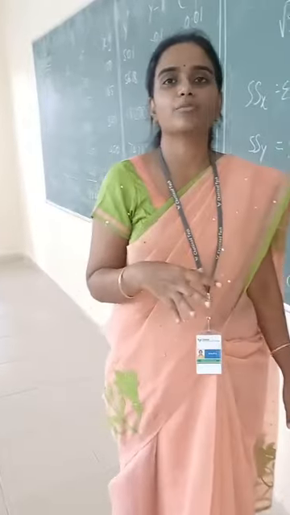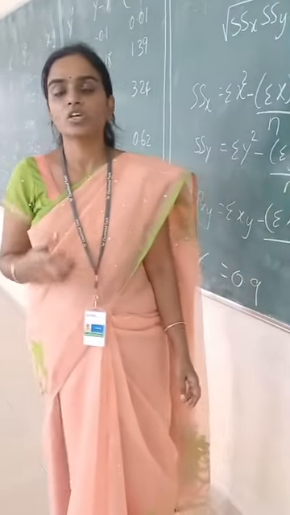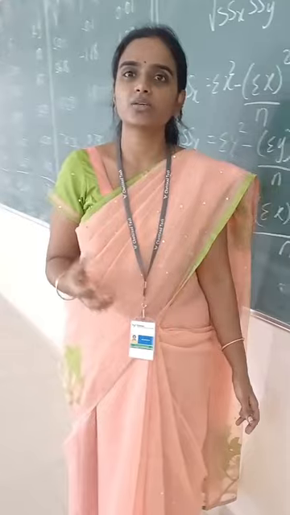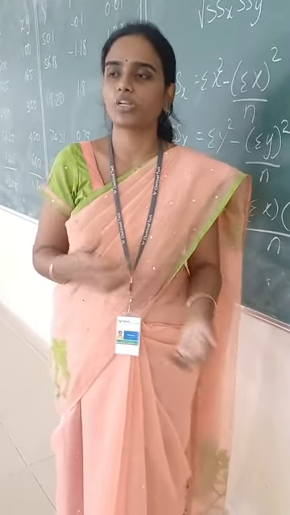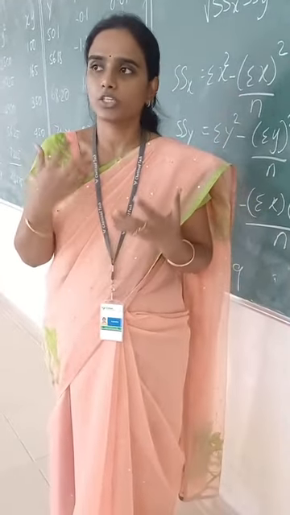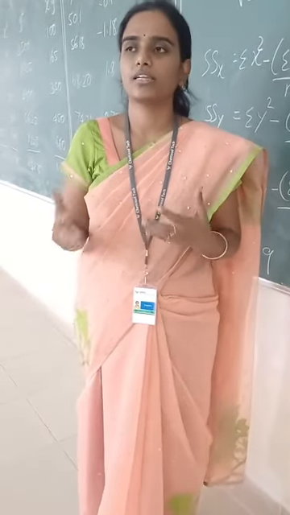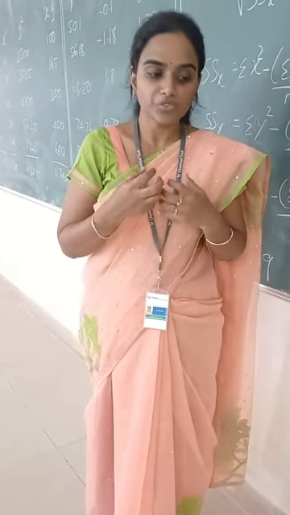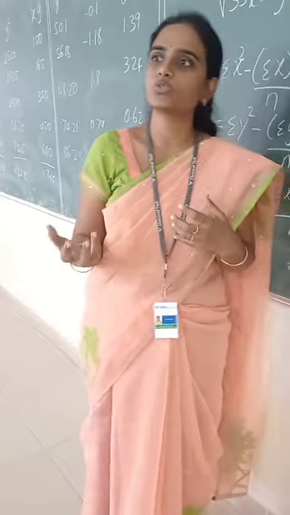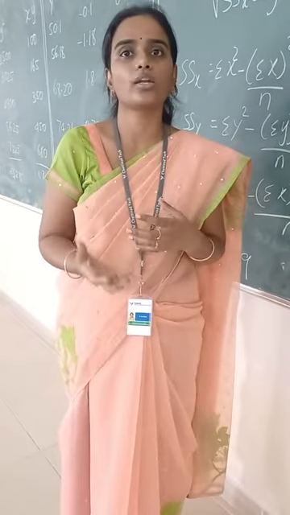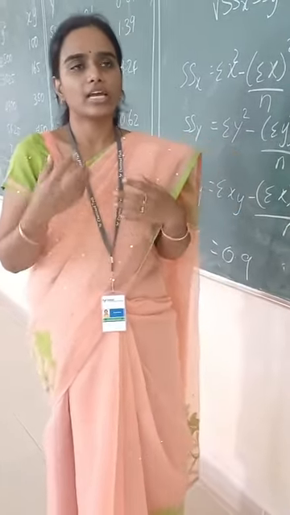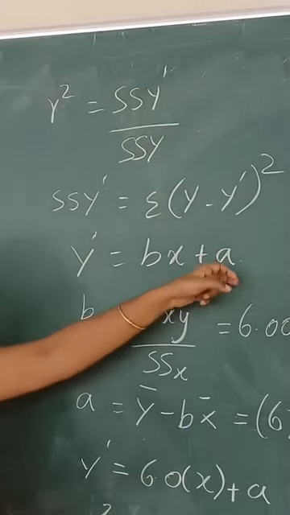So now we will see what regression is. In data science, regression means that whenever we have data, usually numerical values or something related to it, sometimes we have to predict values from the ones we already have. That is called regression. The formula for regression is y' = bx + a.